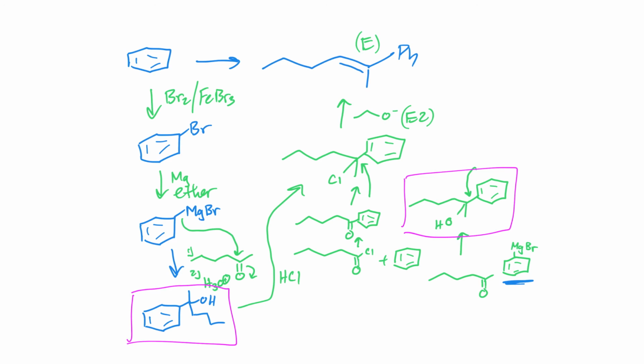So let me go back and number all these steps in a different color here. Let's use black. So the first step is adding a bromine to our aromatic ring. The second step is turning that into a Grignard, so I have a good nucleophile. The third step is using that Grignard to attack the appropriately shaped ketone, giving me the tertiary alcohol I have outlined in purple. The fourth step is turning my tertiary alcohol into a tertiary chloride, and then the fifth step would be elimination of that tertiary chloride to give the most substituted and most stable version, the E version of